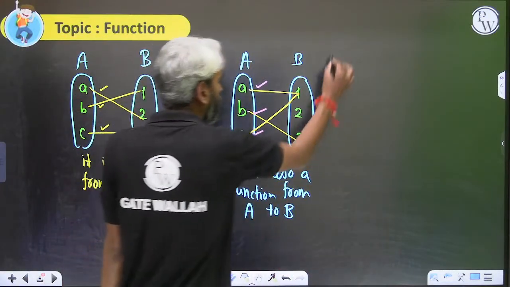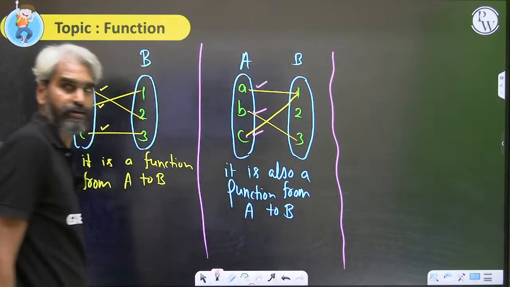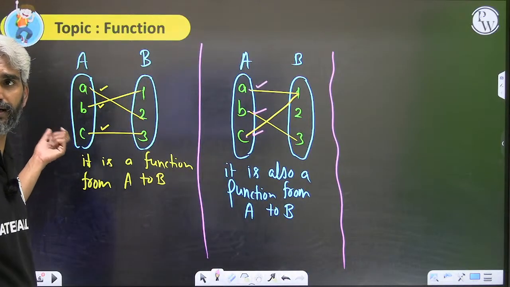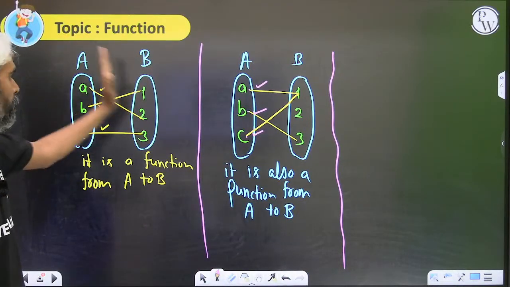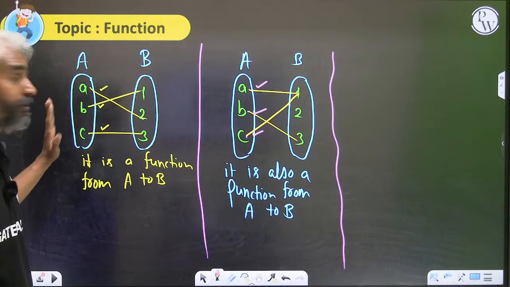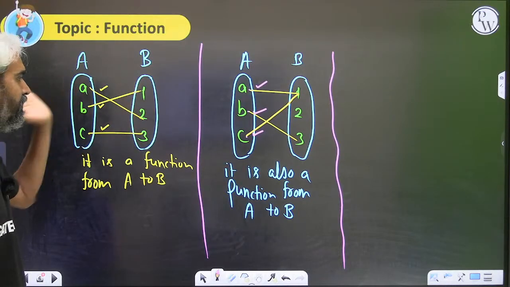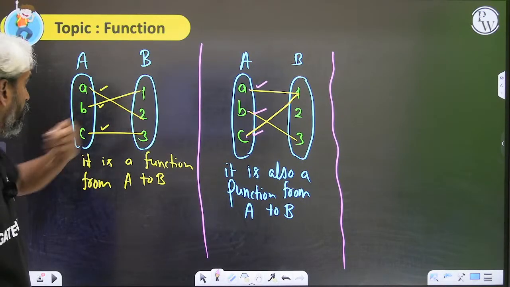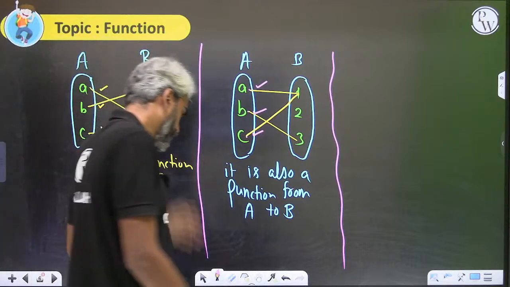Now you can think of one function, Yash. This is B to A, not a function. So there is a function from A to B as well as a function from B to A. So this is two-way. Anyway,